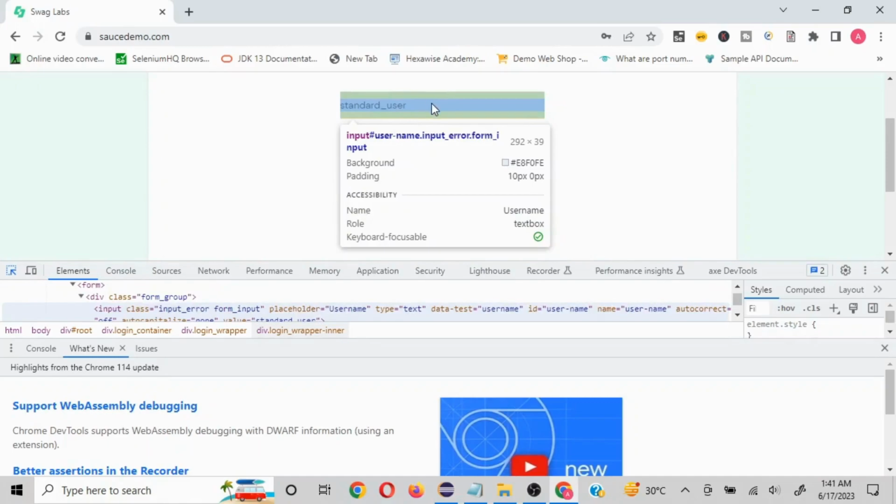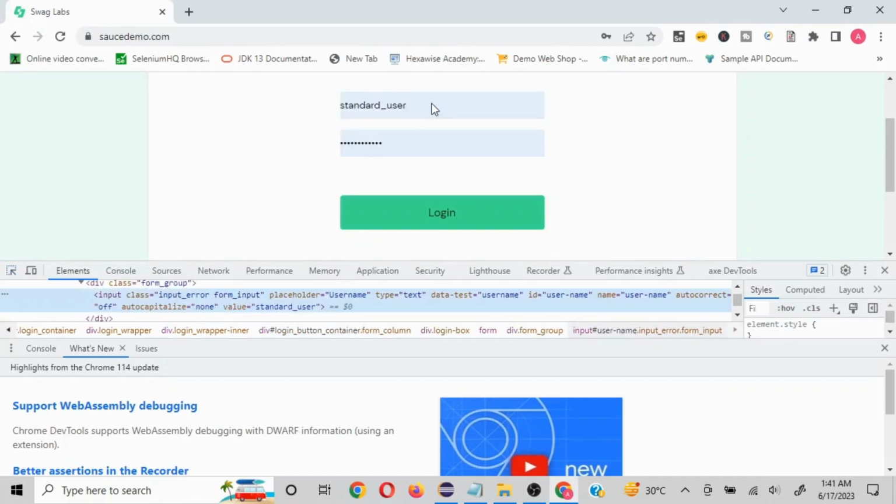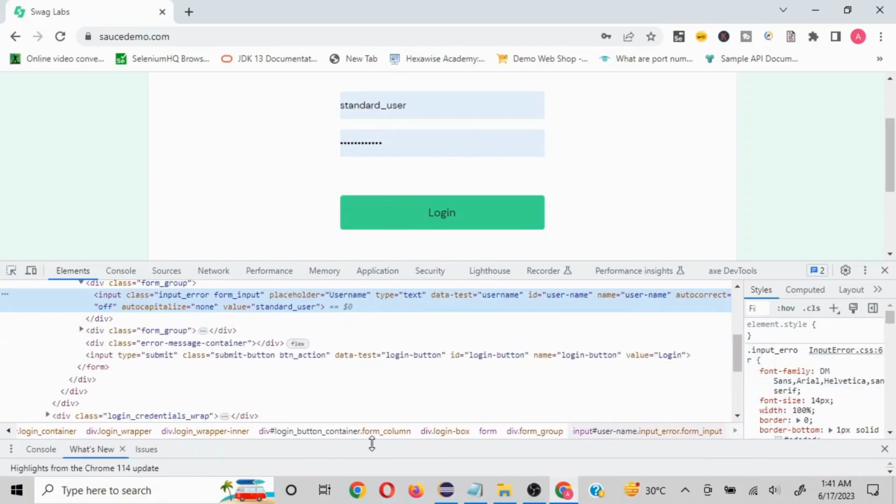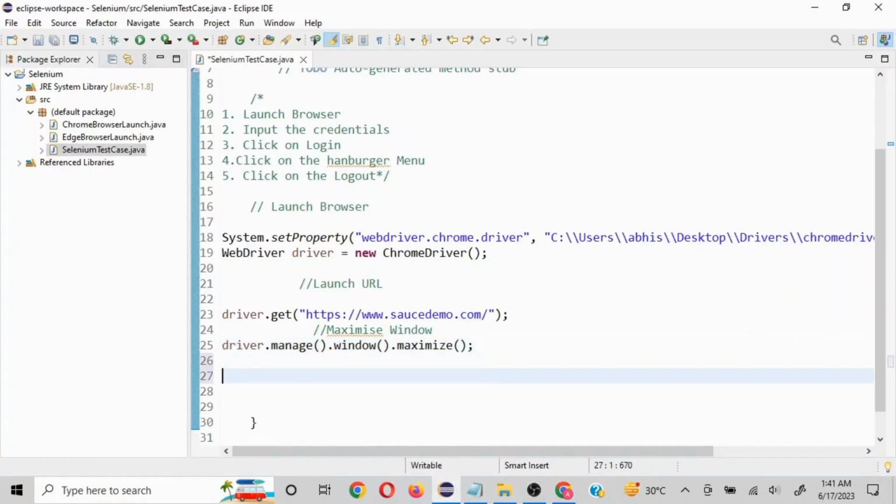So first we want to find this input, so I'll click on this, and here you will notice that there are a lot of properties we can choose from. There are different properties like class, ID, name, XPath. There are a lot of different properties. We are going to cover all the different locators in a different video, but here I'm just going to create a simple script. You can use any of these properties. So ID is username, I'm going to use this. You just copy this, and here I'm going to say that